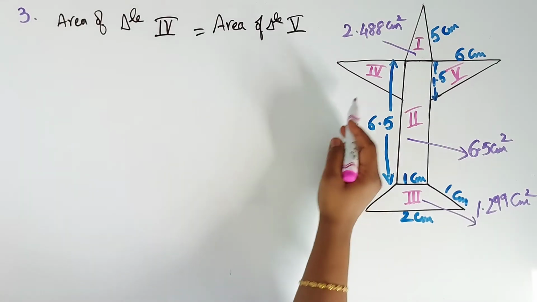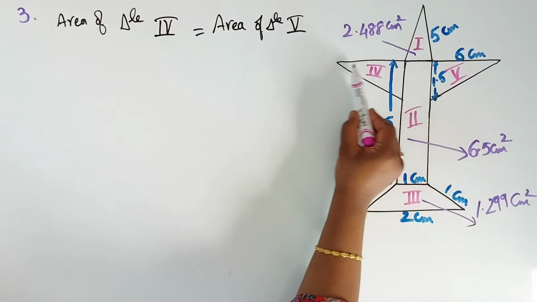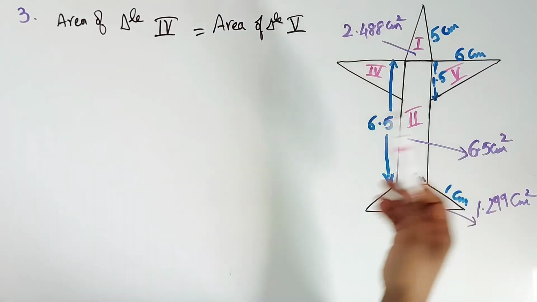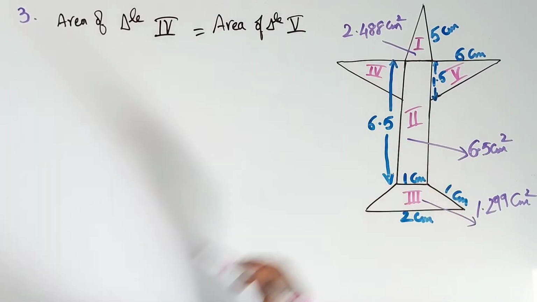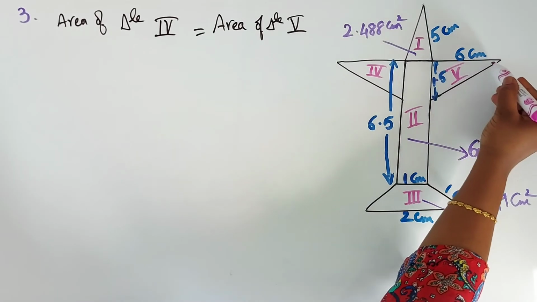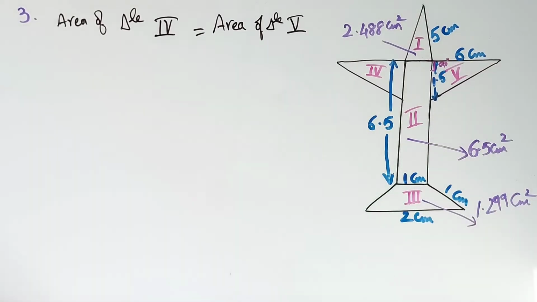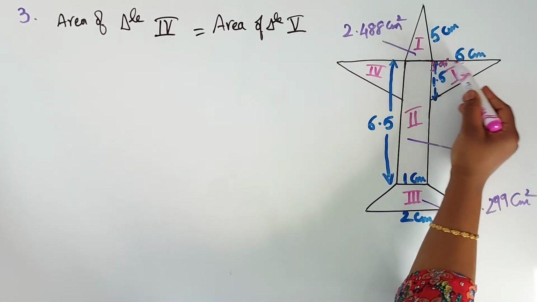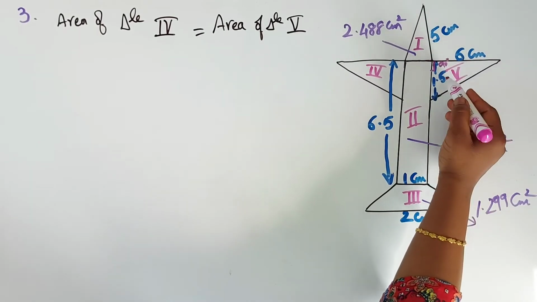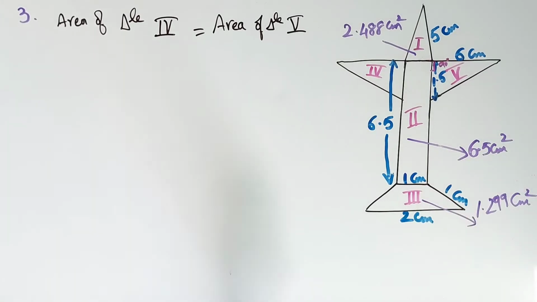Now see, 4 and 5 shapes, children, both are triangles. See, exactly same size and same shape. So if you find out area of fourth triangle, no need to find out area of fifth triangle. Right, children, both are same. Now see this line, this is a very straight line, children. So this angle is 90 degrees. Right? See, it is a straight line to this rectangle. Exactly 90 degrees, children. So 90 degrees means it is very easy to find out the area of this triangle.